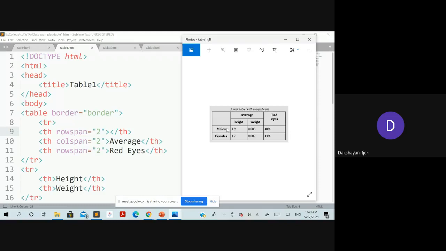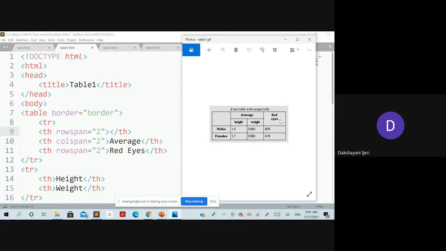Following that, in the first row you have this content only. The next content is average. But one more thing you can see here, this average content has also been merged with two cells, with respect to the columns, right? So for this average, again th colspan equal to 2 has been taken to merge these two cells.